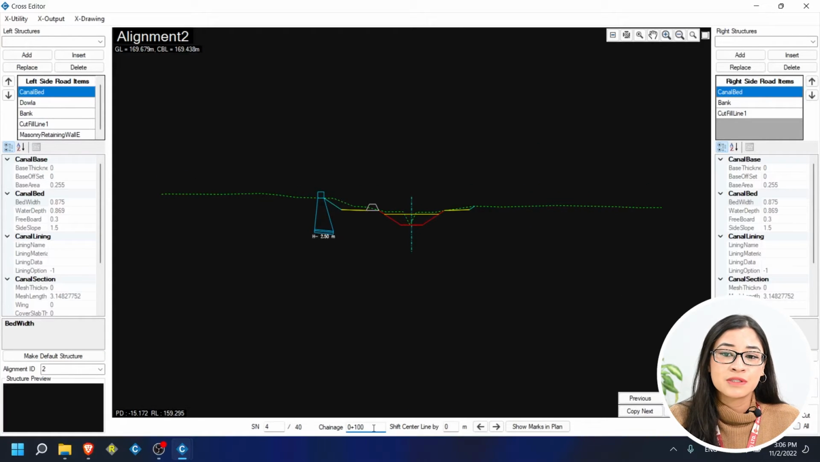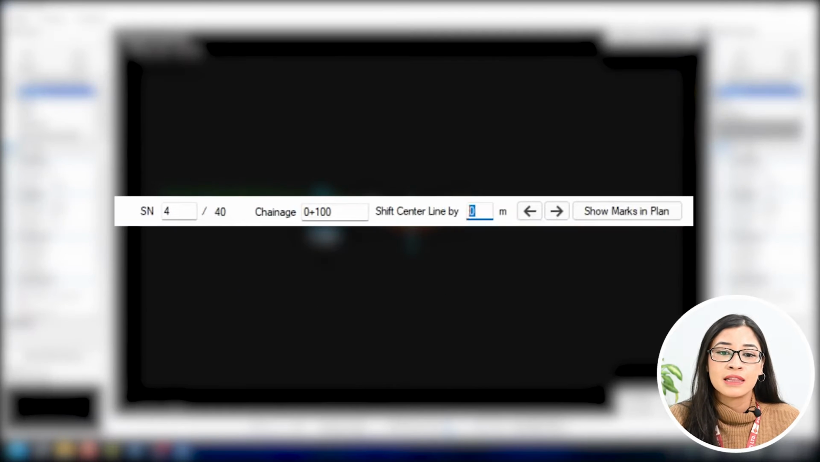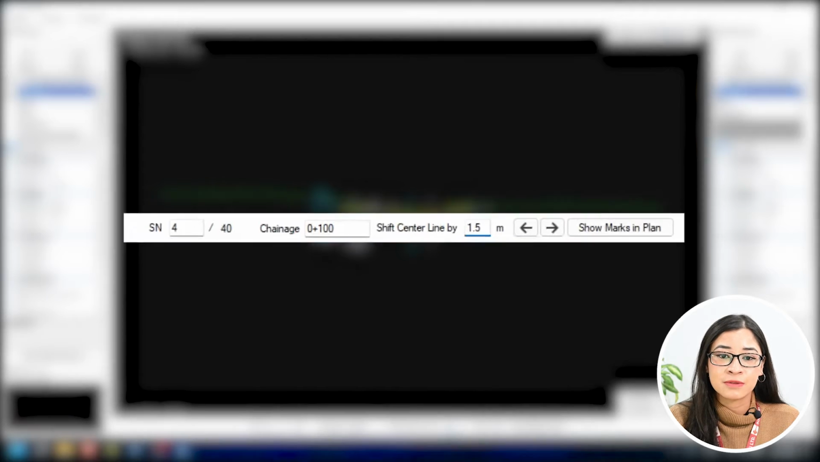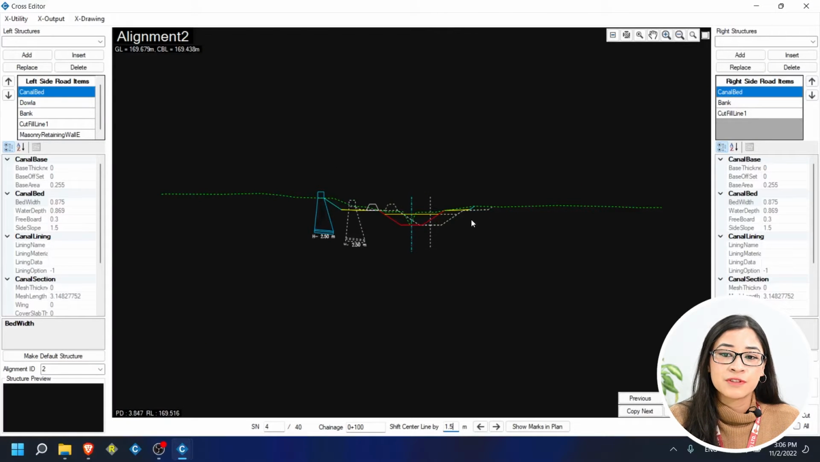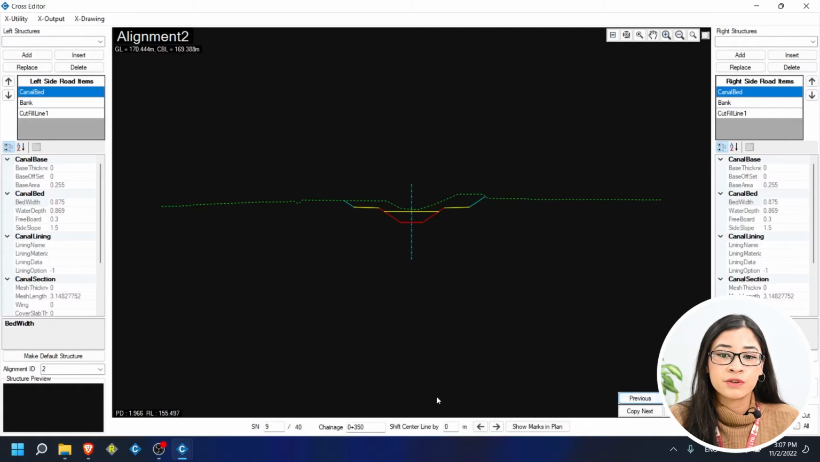You will see the options Shift Center Line By, which shifts the center line. For instance, let's type 1.5 and hit Enter. The center line is now shifted by 1.5 meters towards the right. If you type -1.5 and hit Enter, the center will shift by 1.5 meters towards the left. Likewise, the last option is Show Marks in Plan. If I go to chainage 0+350 and click on Show Marks in Plan, then go to Plan tab, I'll see a red mark at chainage